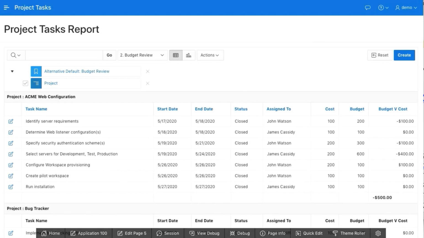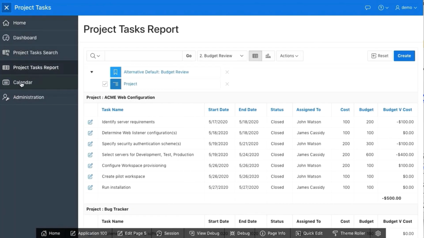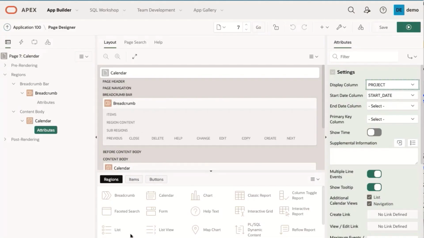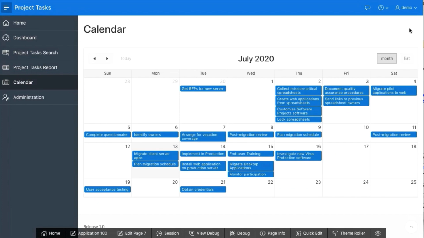Now I'm going to show you how to link the calendar. Go to the left-hand hamburger menu, select Calendar, and select Edit Page 7 on the toolbar located at the bottom to go to Page Designer. Select Attributes, and on the right-hand property editor, go to Settings, Display Column, select Task Name, click the green Save and Run button, make sure everything looks okay, select Edit Page 7,